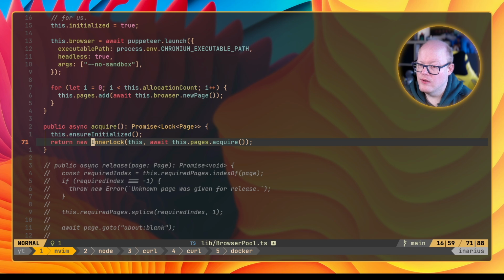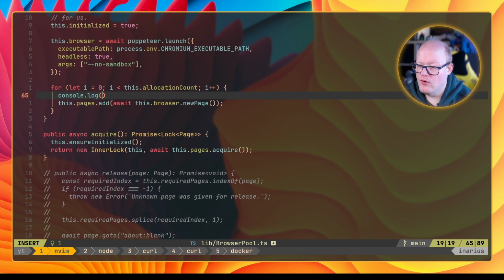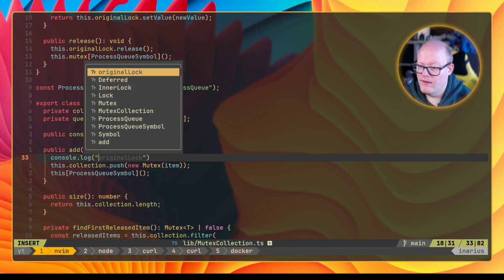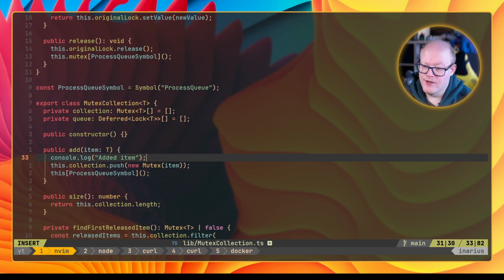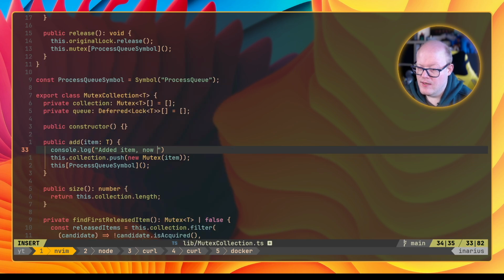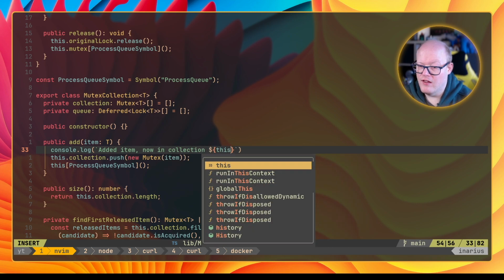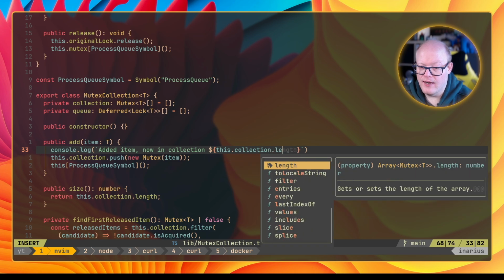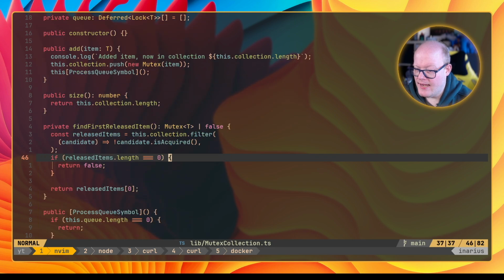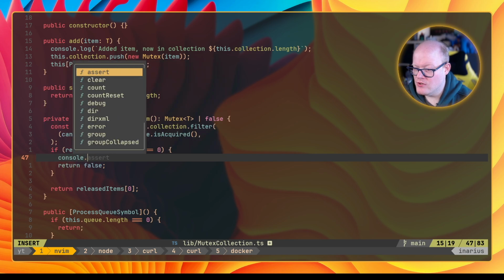Or we could, no, we simply do, when we are adding them, we are simply doing console log. No, we are going into this thing and doing a console log added item here. Added item. Now in collection, we have this collection dot length, something like that. And we can just do console log